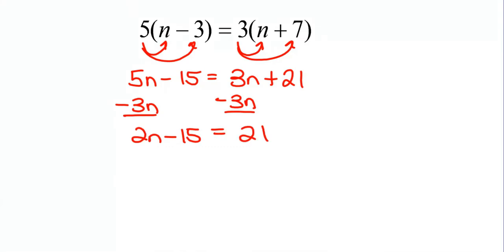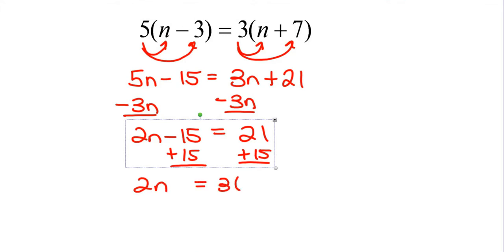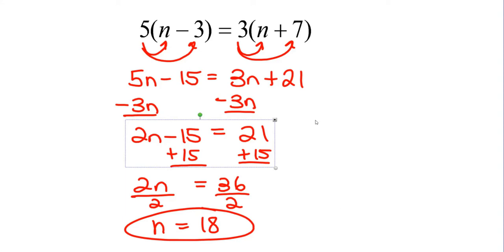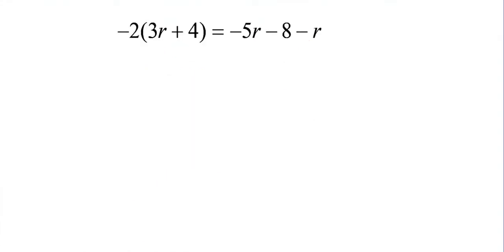Now again, here we go. Two-step equation. Add 15 to both sides. And I get 2n equals 36. Divide both sides by 2. N equals 18, and solved. So again, getting rid of parentheses, getting rid of terms that have variables on both sides, and then solving the one or two-step equation. Here we've got parentheses on the left-hand side, we've got variables on both sides, and now